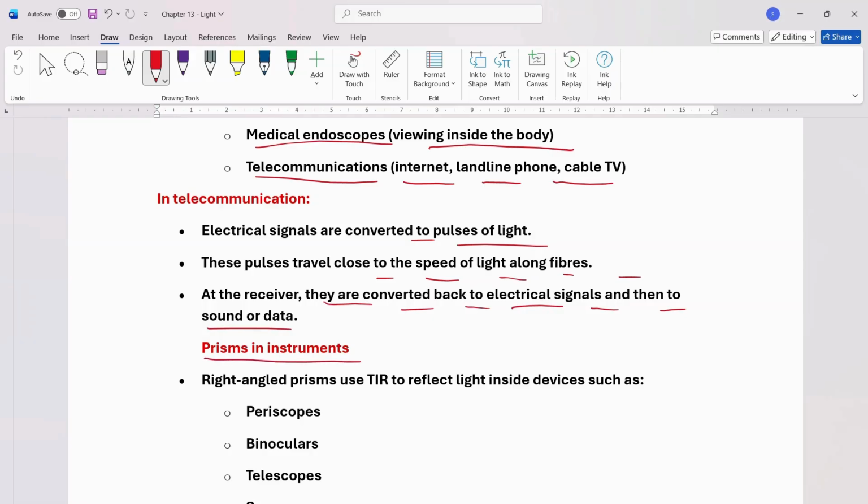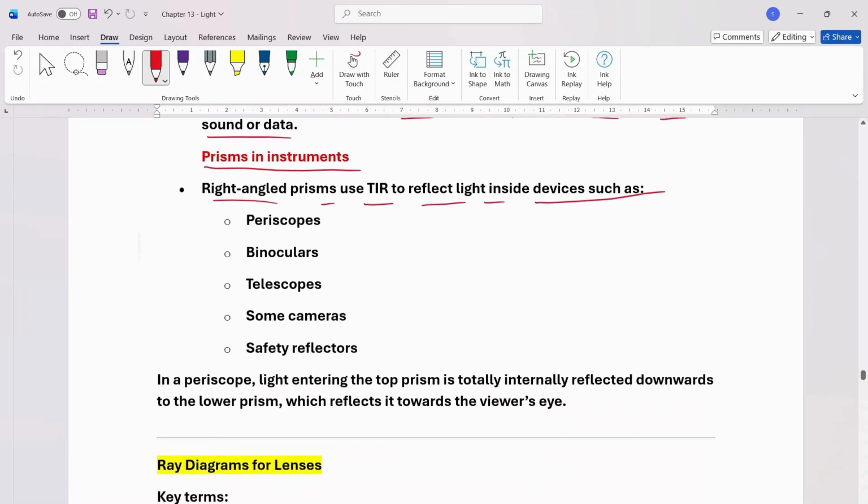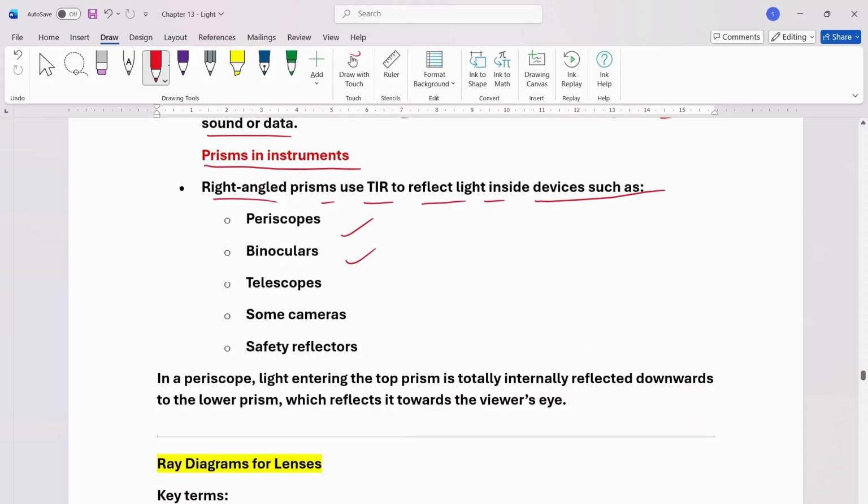Now let's talk about prisms in instruments. Right angle prisms use TIR to reflect light inside devices such as periscopes, binoculars, telescopes, some cameras and safety reflectors. In a periscope, light entering the top prism is totally internally reflected downwards to the lower prism, which reflects it towards